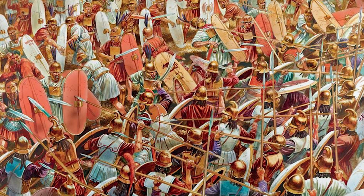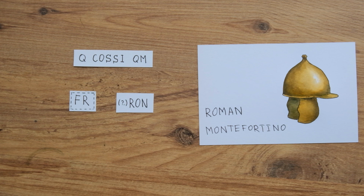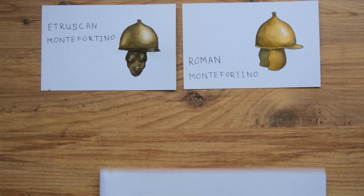However, since helmets with stamps have been found dating both before and after the Marian reforms, these marks confirm that large-scale private production was already developing and prepared for the increased demand that arose with the standing professional army. Okay, it's time to delve deeper into the technical details of Montefortino helmets, but first a few